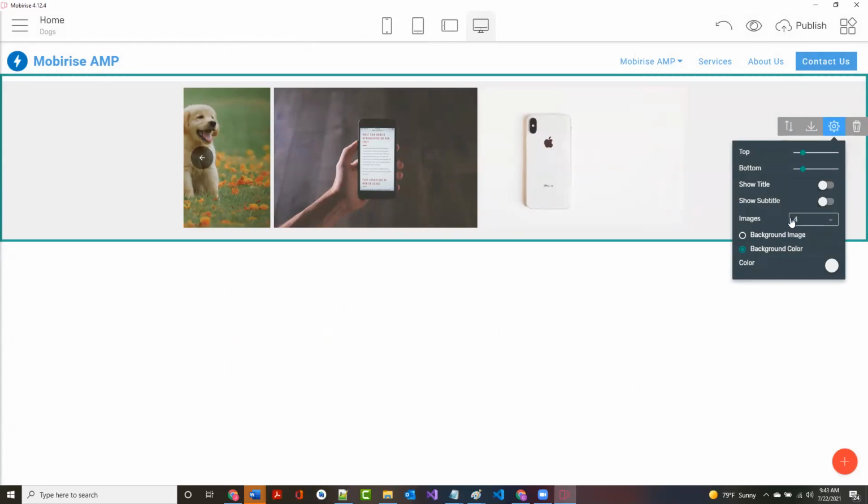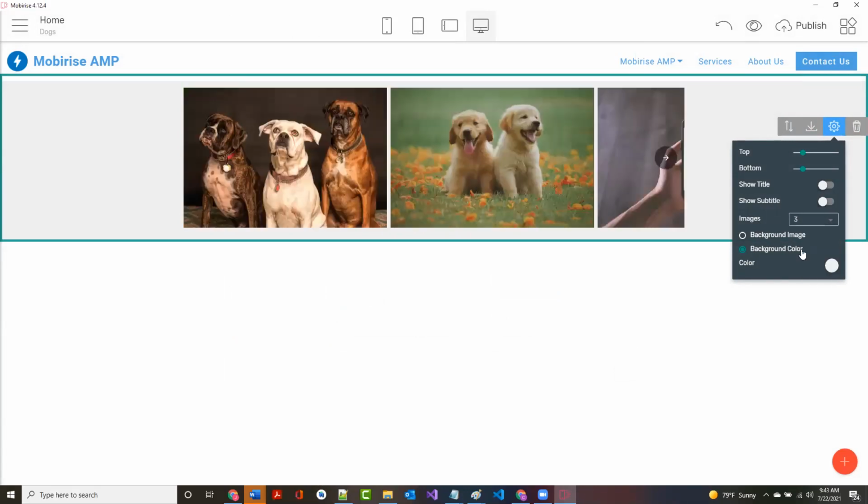Right now it says 4, but notice if I click the down arrow, I can change it to 3. Now there's only 3 images. So I've got my choice in here. I can make it 2, 3, 4, 5, or 6. So if you wanted to, you could make yours bigger. In other words, you could add more of these.